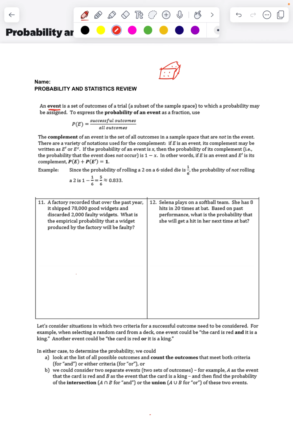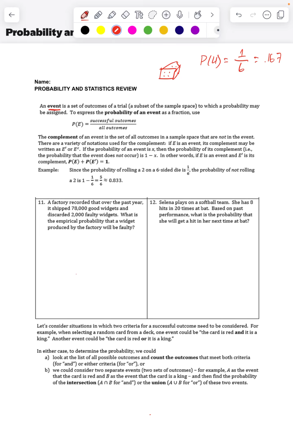The probability of an event happening is the probability of a successful outcome over all the outcomes. Let's say I want to roll a 4. There's only one side of the dice that's 4, so that's 1. And the amount of outcomes, all the rolls that can happen, is 6. It's a six-sided dice. So the probability is 1 over 6, or